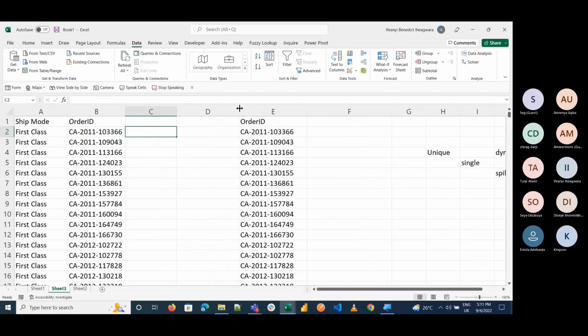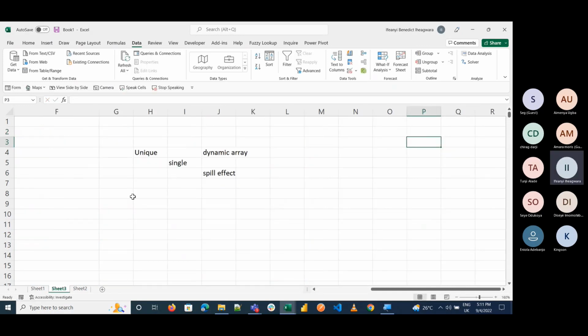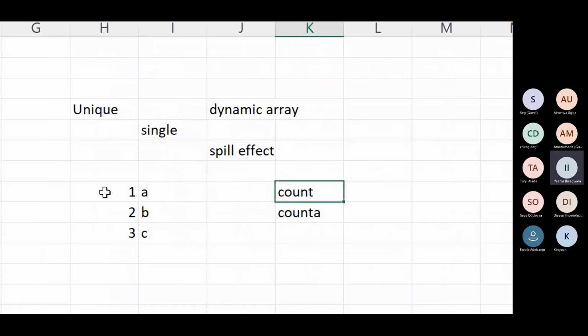I do equals to count, but I'm going to say COUNTA, because the count formula only shows numbers. So I have here 1, 2, 3, and here I have A, B, C. This is the difference between COUNT and COUNTA. When I'm using COUNTA, everybody can see three numbers, but a COUNT will be equals to